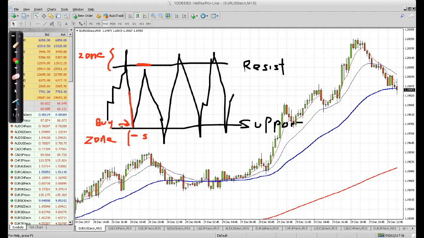Okay, sorry, let me do that again. Okay, let's use this example, right? So the price is coming down, coming down, coming down. You say, okay, it's going to hit the support, it's going to bounce, right? So I'm going to buy at that level. So you're going to buy there,